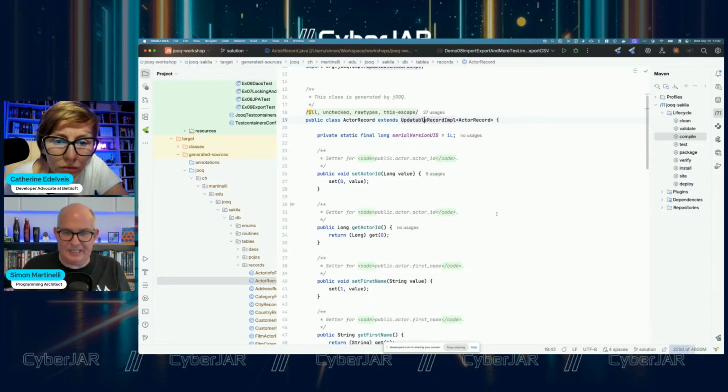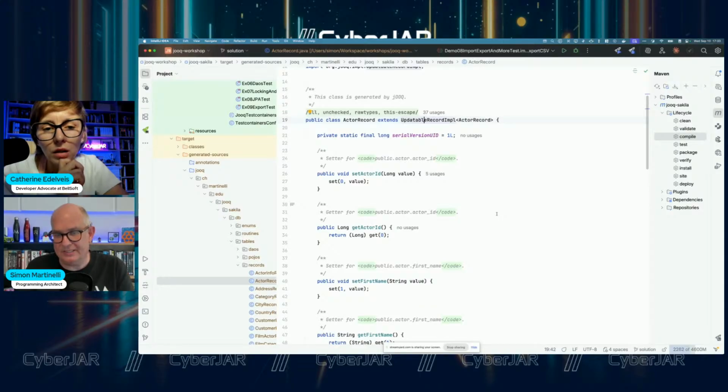We have getters and setters for every field in the table. And because this is an updatable record, you can use it as an implementation of the active record pattern to also store the data. You can create a new record, set the fields, and call store, and it will do an insert or update in the database, depending on whether it's a new or an existing record.